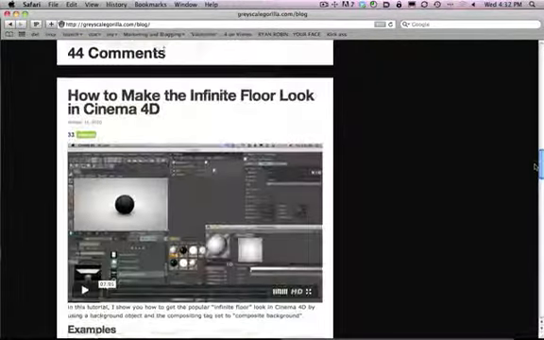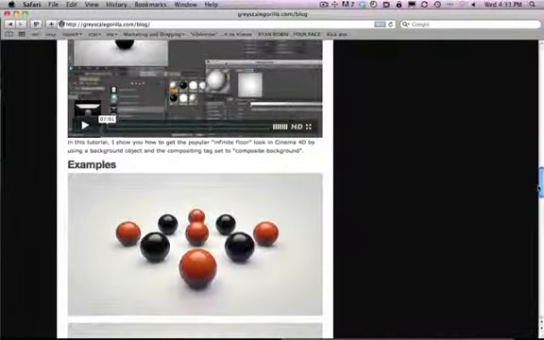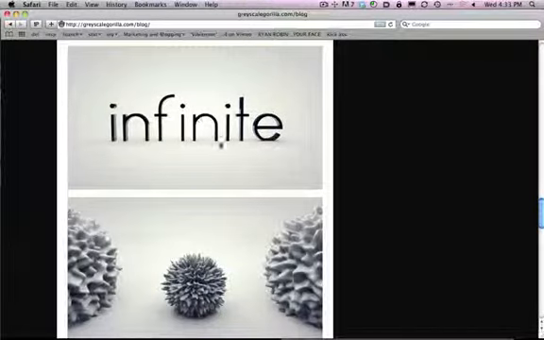For example, let's just jump right in here to my website where I posted this post a few days ago about how to make that infinite floor look. And one of my examples was this. I just went and grabbed a MoGraph type object and typed out the word infinite and rendered it out. And some people were talking about how poorly kerned this is. And what they mean by that is you can see the spacing between the F and the I here is